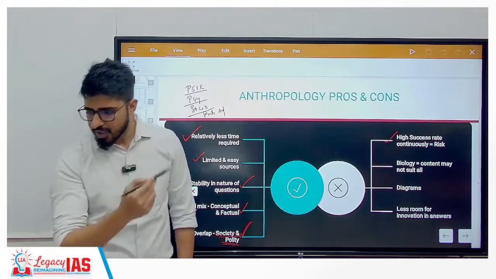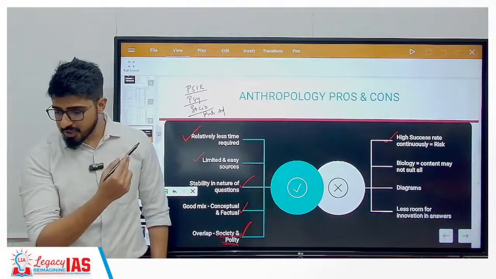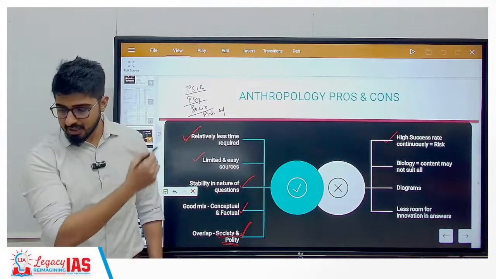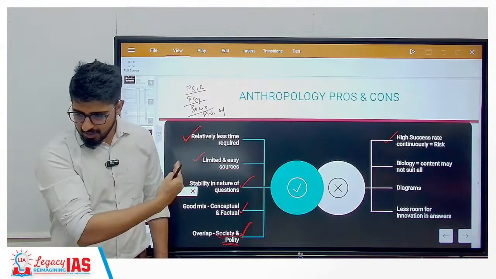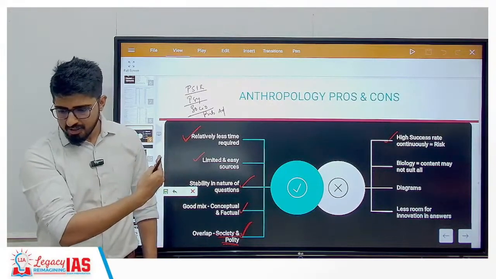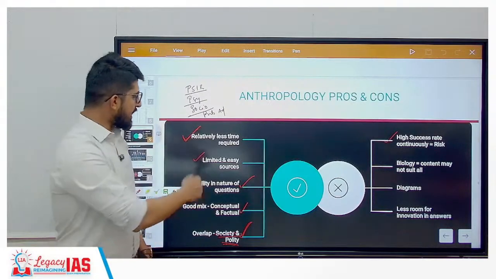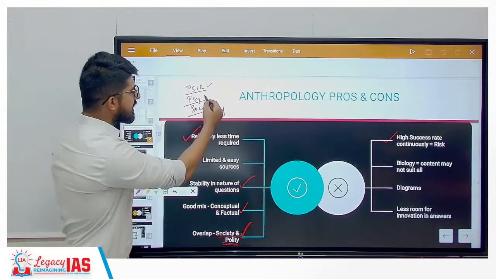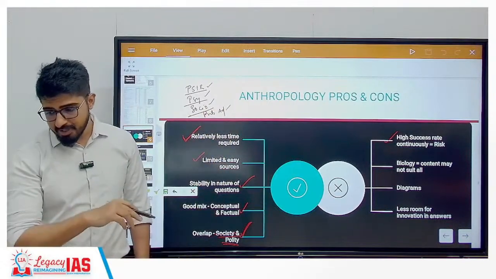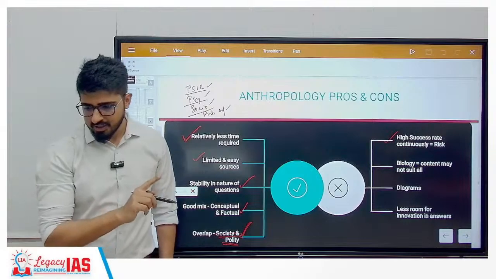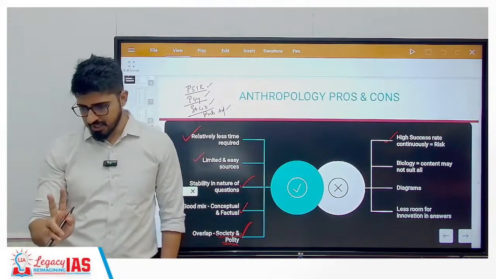As I told you, if you do not have any sort of background, you have to choose an optional which is going to be the ones I mentioned. Okay? Which are performing well at the same time, which do not require any background. I mentioned the 5 subjects: anthropology, PSIR, psychology, sociology, public administration. But for public administration, the caveat is just that you should have an idea of current affairs of 2 years at least.